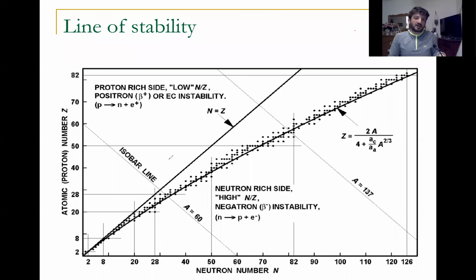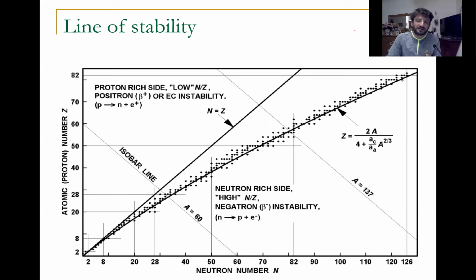In the nuclear chart, I show all the stable nuclei. The black dots represent the stable nuclei. My goal here is to find the most stable nuclei. Here you have the black line, which represents the position of the most stable nuclei for each value